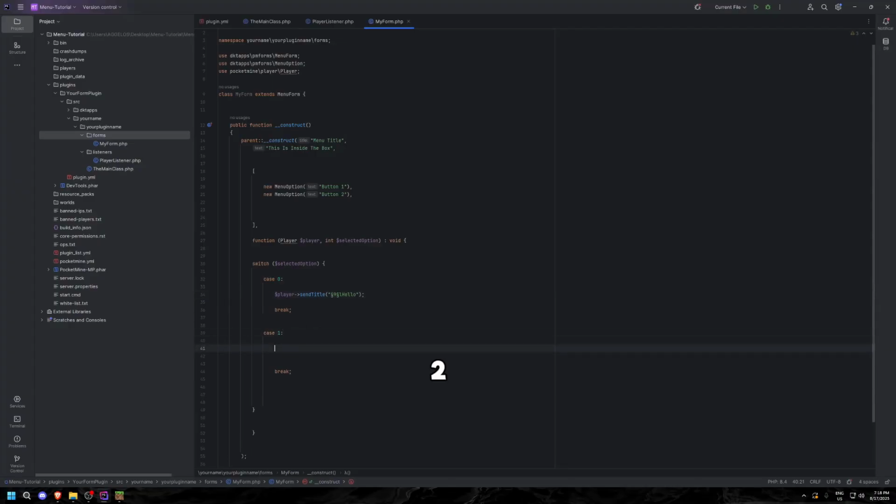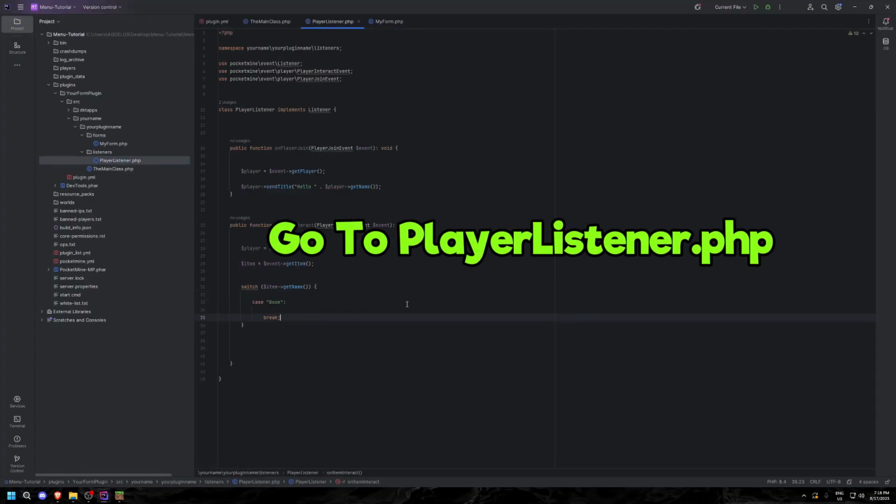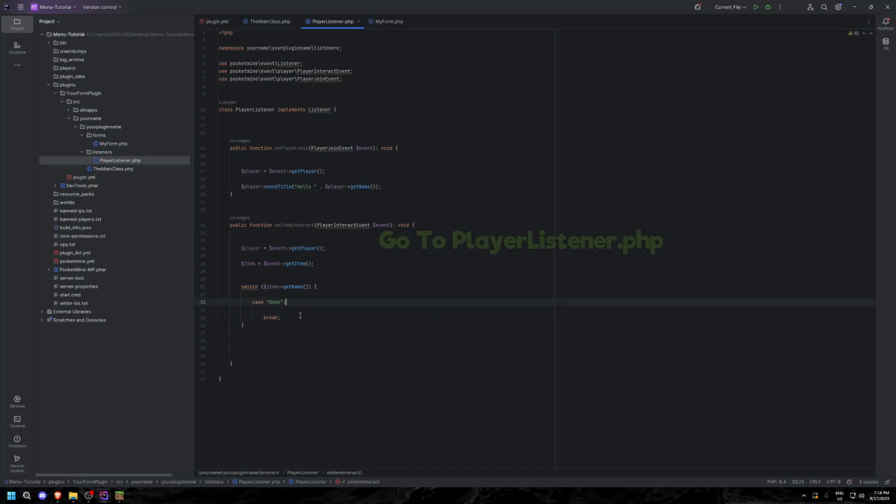And button 2 sends a message. Player send message. Hello player. Perfect. So now what we want to do is go in the play listener, and let's add